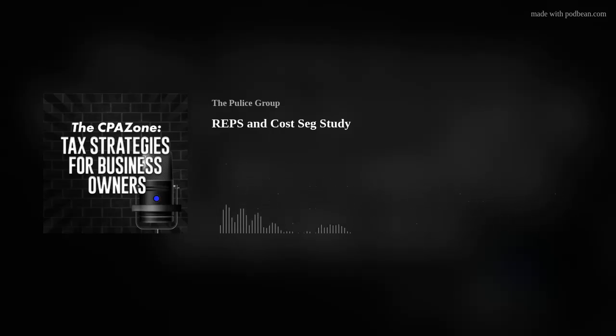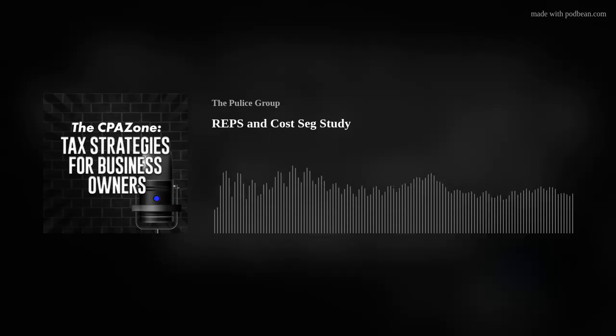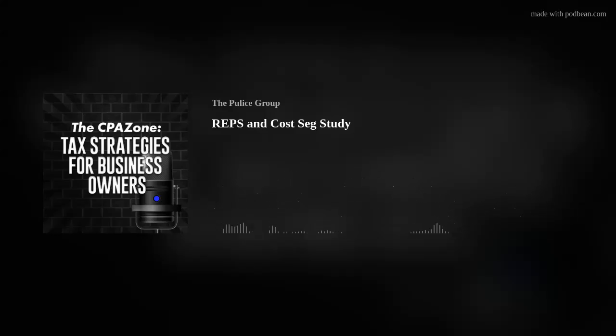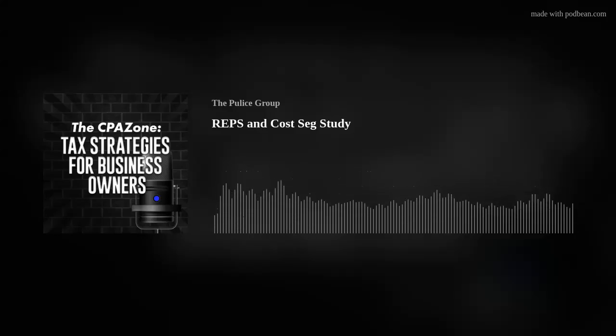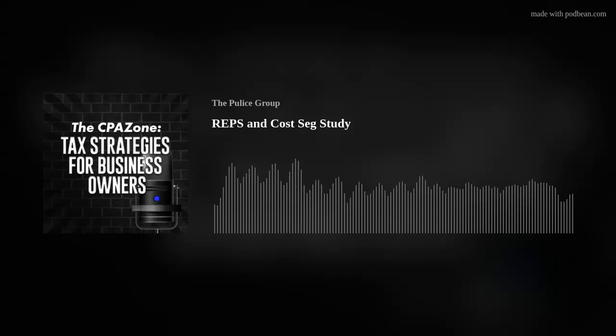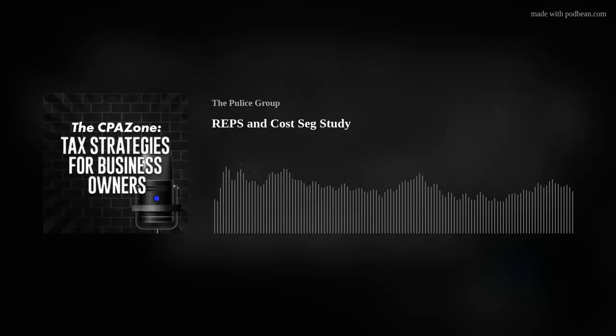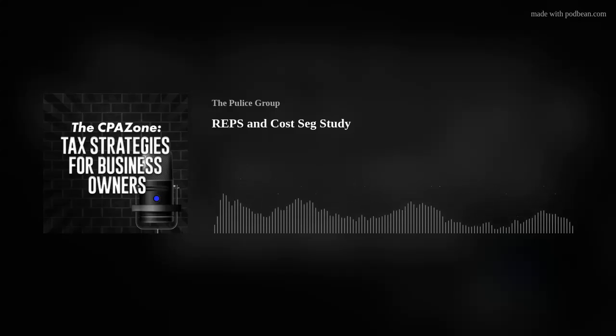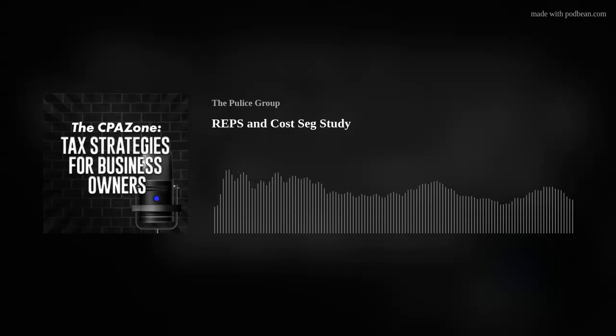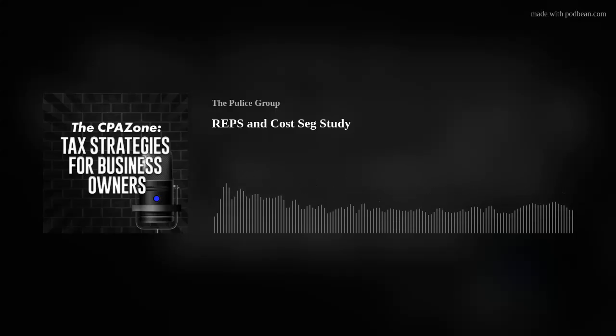Doesn't seem fair, right? If a doctor, let's say with two separate offices, has a profitable office and then a non-profitable office, they can net the losses against the profits of the other. But real estate professionals for a time were not able to take losses from one part of the real estate business and offset it against other real estate business income. So fast forward to 1993, Congress stepped in again and introduced Section 469(c)(7), creating the real estate professional status, or AKA REPS, as somewhat of a lifeline for those actively engaged in real estate.